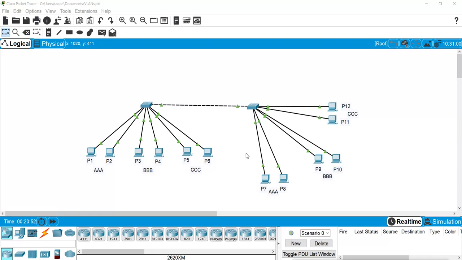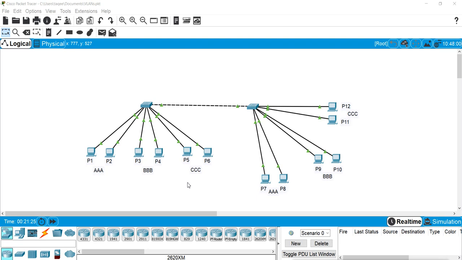Now in this design, I have 3 VLANs in this particular switch, and these 3 VLANs are connected to the switch, and these two machines are on those VLANs. I have one more switch there, and I have configured trunking between those 2 switches, and this switch also has the same VLANs. Whether it is one switch or the other, if we connect the router only on one switch, both switches will work.